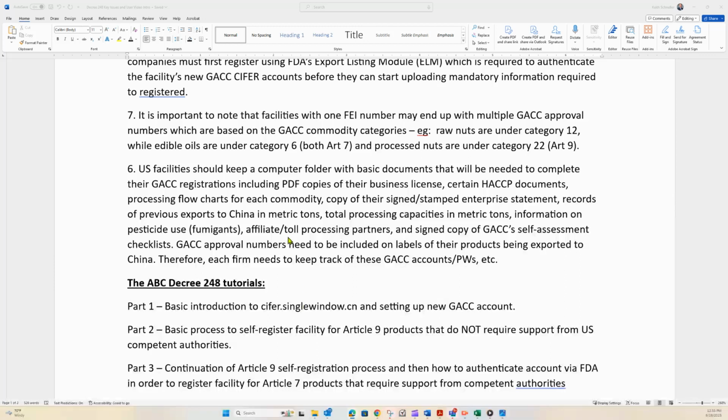Okay, now that we're getting into part 3 of this little tutorial series, before you get started authenticating your GACC account to add those Article 7 products that require support from the competent authorities, again, make sure that you set up a computer folder for your GACC registration information, including the PDF copy of your business license, certain HACCP documents like the processing flow charts for each commodity, signed stamped enterprise statement,